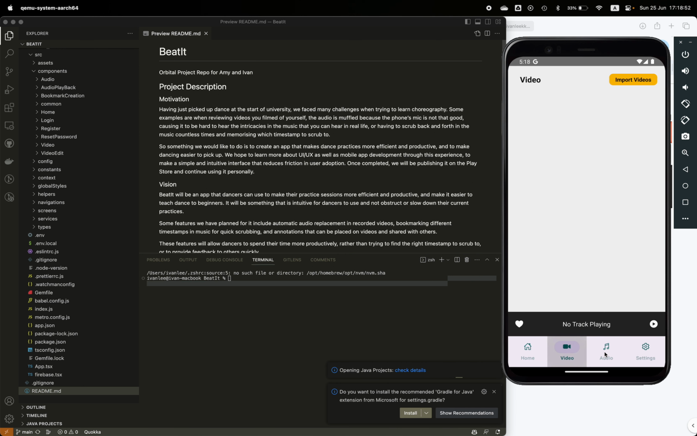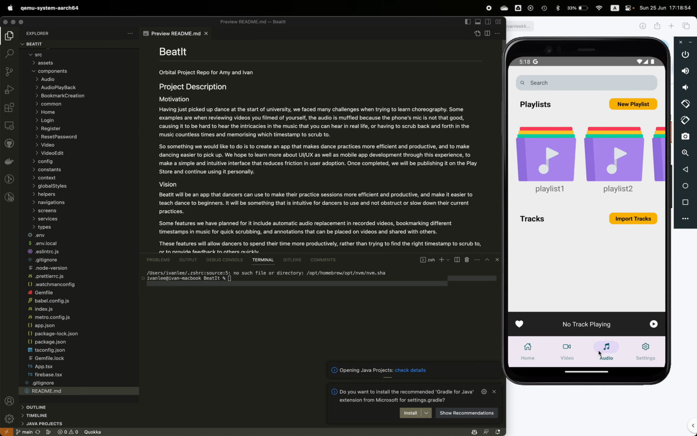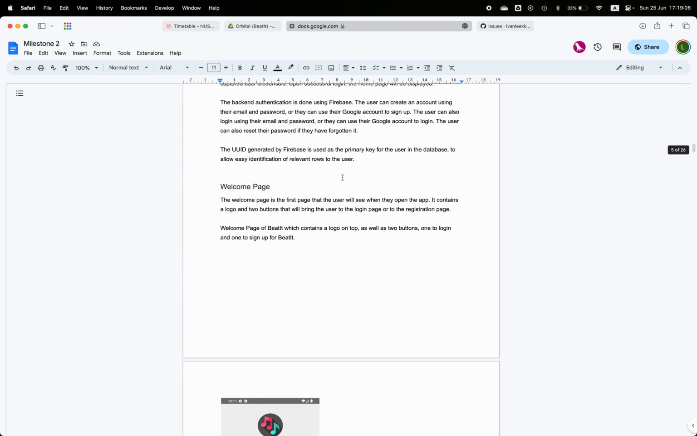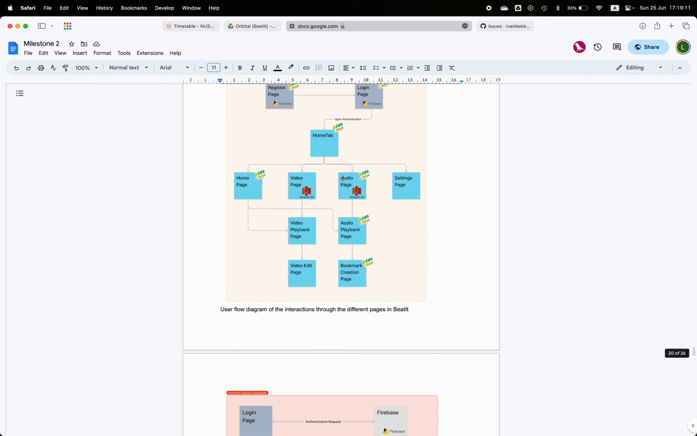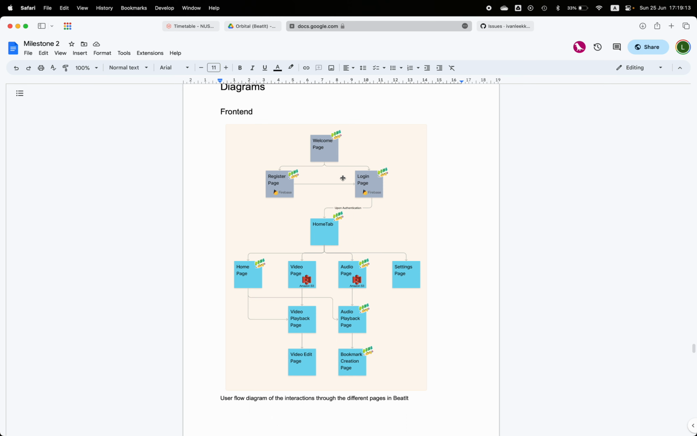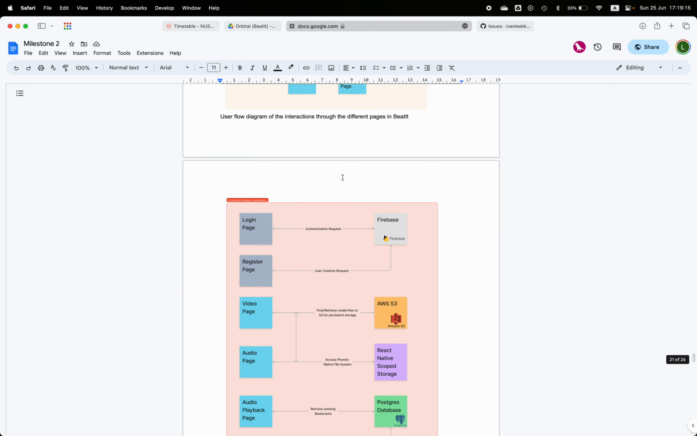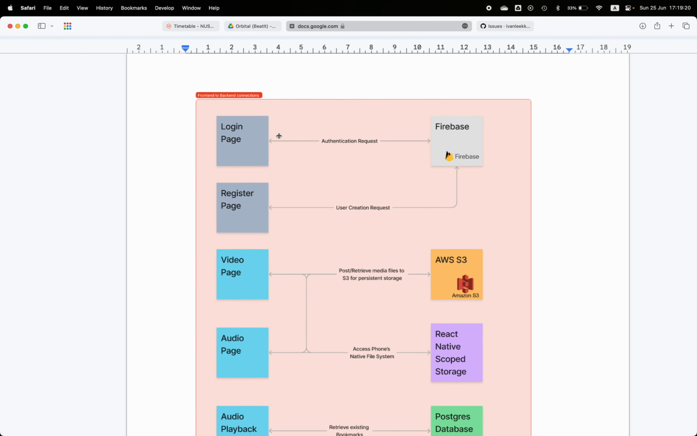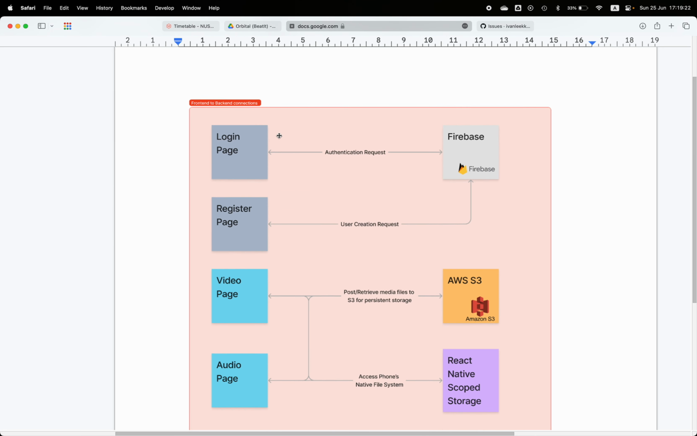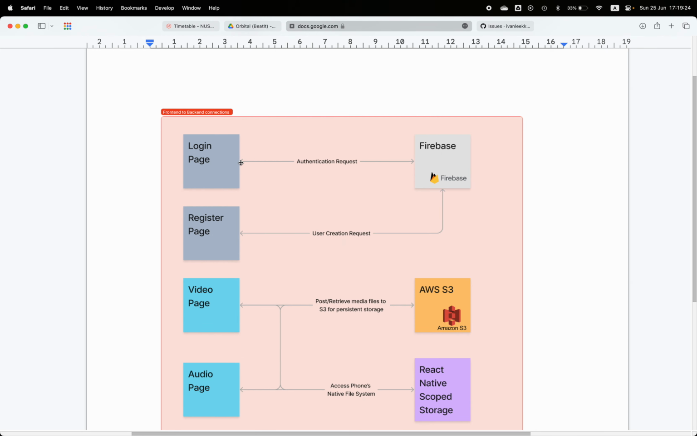And that is about it for the front end of our BeatIt currently for milestone 2. Moving on to the back end, I will give a short overview of what it is, and what I have here is a small diagram of the user flow and how the front end will interact with the back end. So at the start, when you first go to the login page, you send a login request,